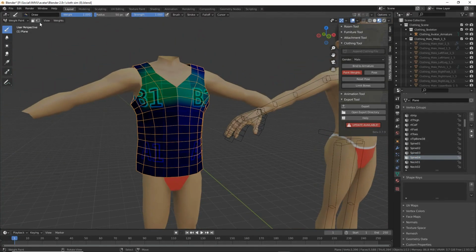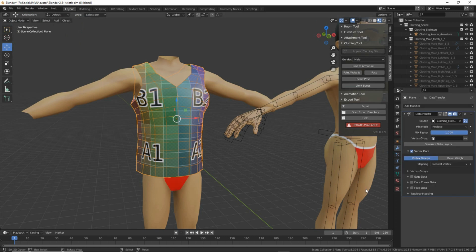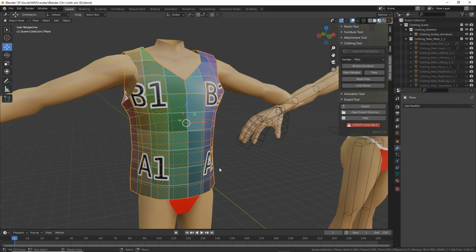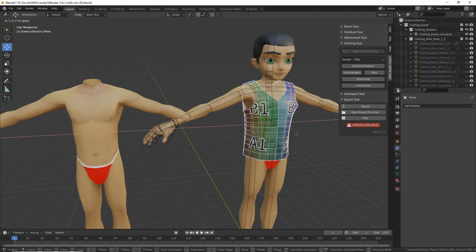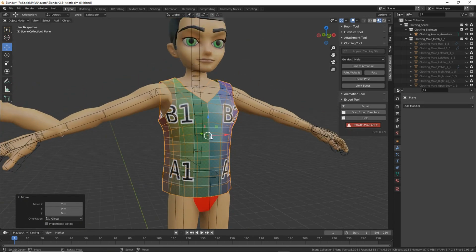And as with all modifiers, what we then need to do, so go back into modifier properties, is apply this modifier so that the data is locked into this mesh. So as with the other modifiers, more options, apply. What we should find now is we can move that across to our actual avatar and bind this